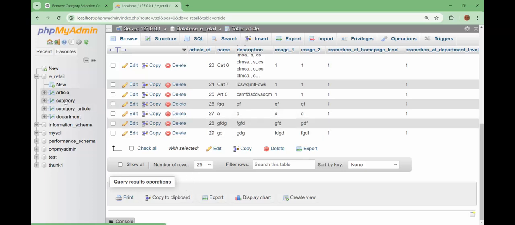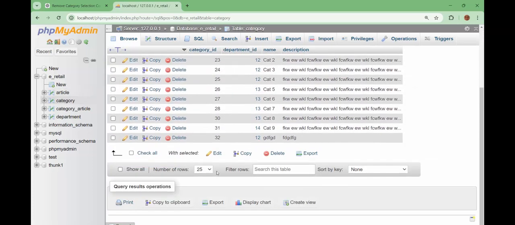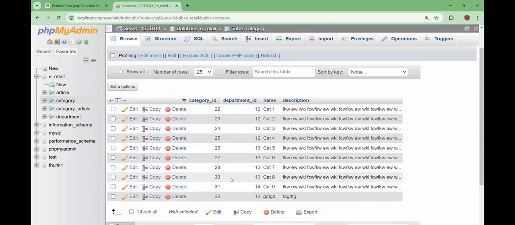And the category, there is a lot of categories, and in category, next, no, I don't add a category. Only I look at, for example, category 1, category 2, 22, 23, 24. For example, I assign the new article to 3 categories: category ID 22, 23, 24. Okay. Let's get in